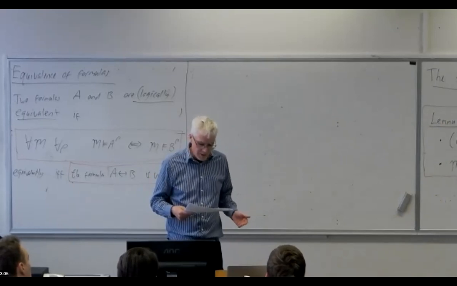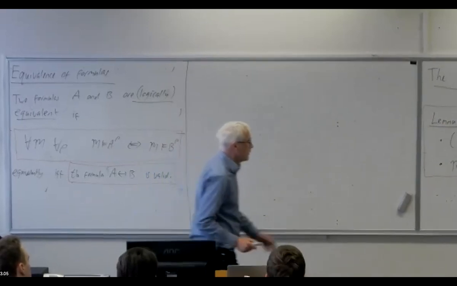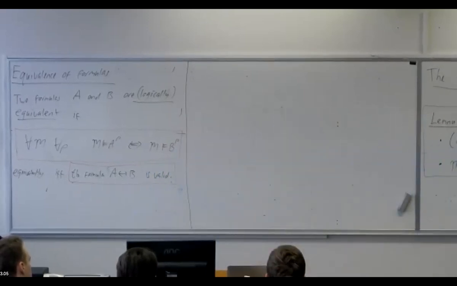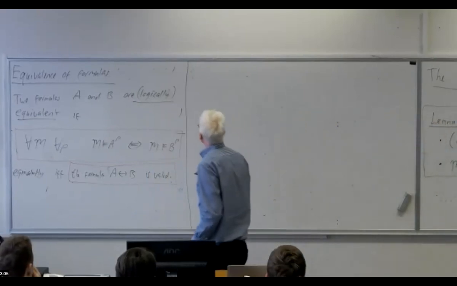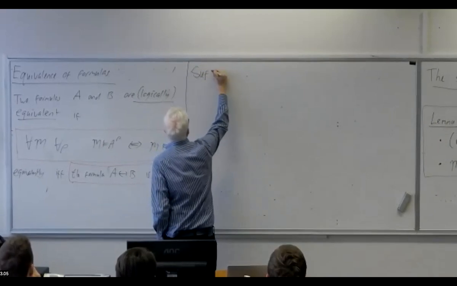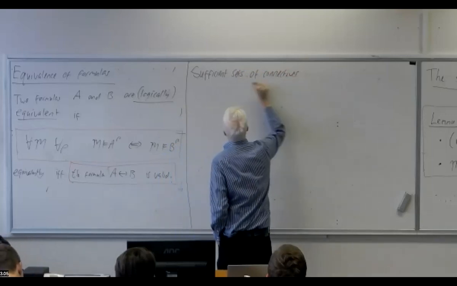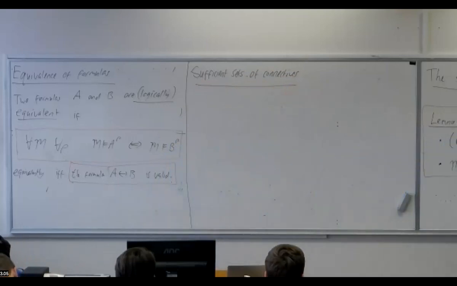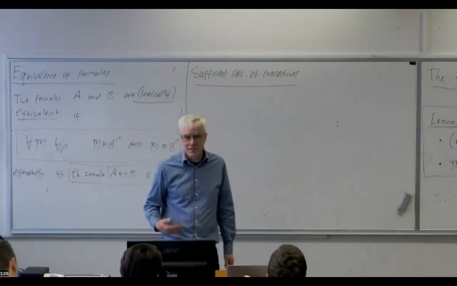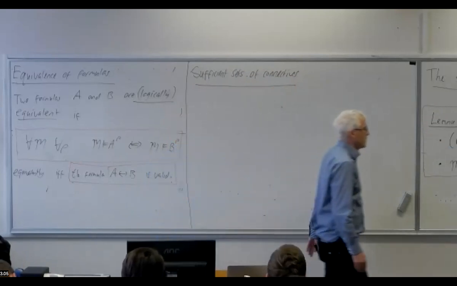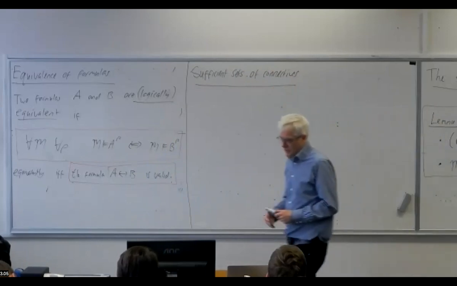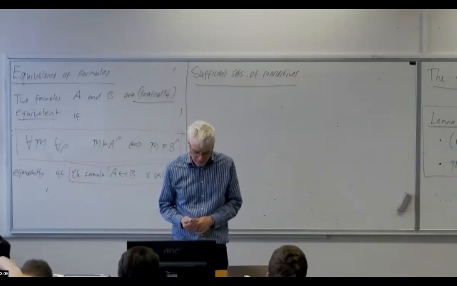So first I'm going to address the idea that we don't need to have all the logical connectives or all the quantifiers. And this is the general notion of what's called a sufficient set of connectives. So the idea is we say, okay, we'll only give ourselves, say, the ones I mentioned: negation, implication, and universal quantification. Is that enough to express all logical properties? Probably most of you know, and I think I've already said, that in that case, that is enough. But that's not the only way we could cut down these formulas. So I want to state a general result that expresses nicely all the examples of being able to cut down the formulas